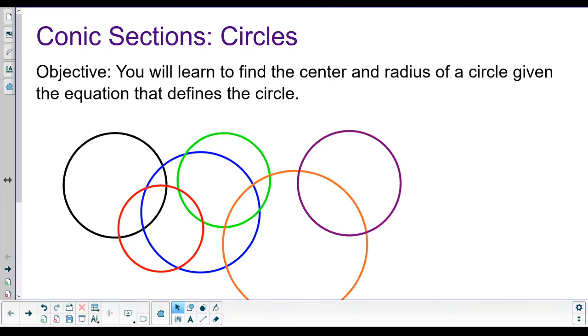Hi, welcome back. We are going to talk about these magical things called conic sections today. And I'll explain what these things are. But there's four different ones. We are going to talk about the easiest one today, which are circles. So, what you're going to learn is how to find the center of a circle and the radius of a